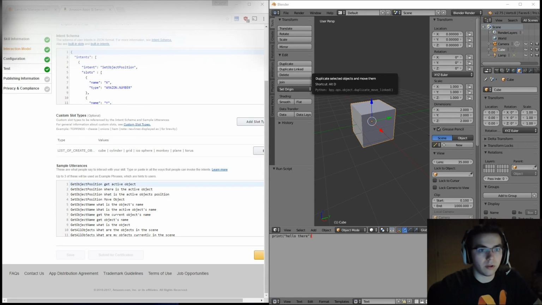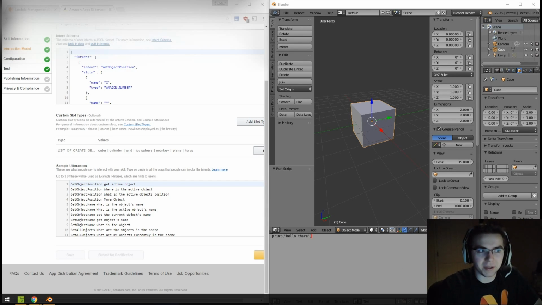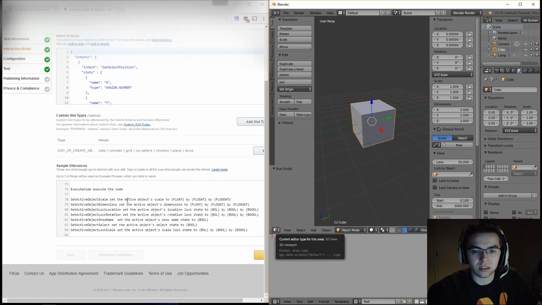So knowing that, if we hover over stuff like this, it shows us, oh, bpy.ops.text.run_script. And if that can be executed via a Python command, then probably putting stuff in this text editor can be as well. And that's where it gets really cool. So I can just say to Alexa,